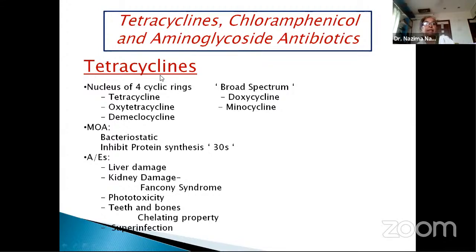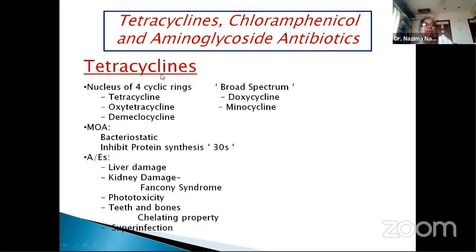Now, first we'll see the tetracyclines. The tetracyclines have a nucleus of 4 cyclic rings, and therefore the name tetracyclines. Now, the various drugs which are classified under the tetracyclines are tetracycline, then we have oxytetracycline, demeclocycline, doxycycline, and minocycline. So all these are classified under the